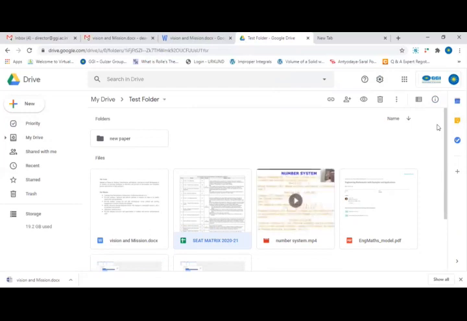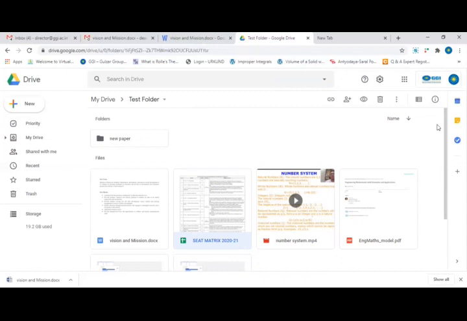This feature is amazing, and this will save you lots of space. If we talk about a personal email ID, we have just 15 GB of data free in Google Drive, and if we use this option to convert all the files automatically, we can use that space optimally. So this is all I want to discuss about Drive with you.